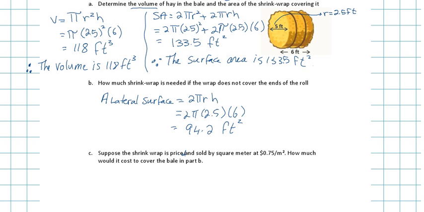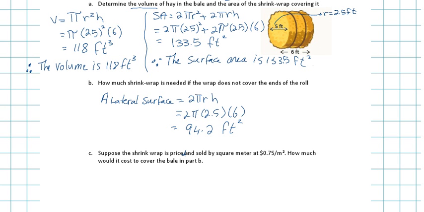So if the shrink wrap is priced and sold by square meter at $0.75 per meter squared, how much would it cost to cover the bale? So we have $0.75